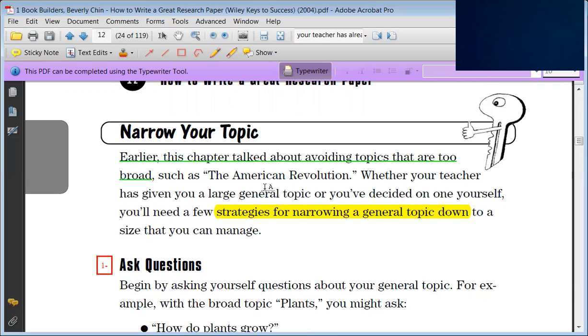We have to trim it down. Whether your teacher has given you a large general topic or you've decided on yourself, you will need a few strategies. So these are the strategies we are going to use to narrow a general topic. Okay, strategies for narrowing a general topic down. What are the techniques or strategies we use to narrow down or shrink the topic? Okay, let's see what are these